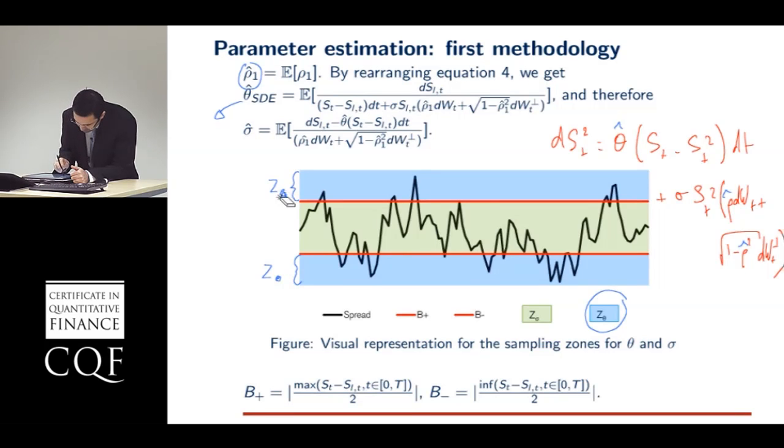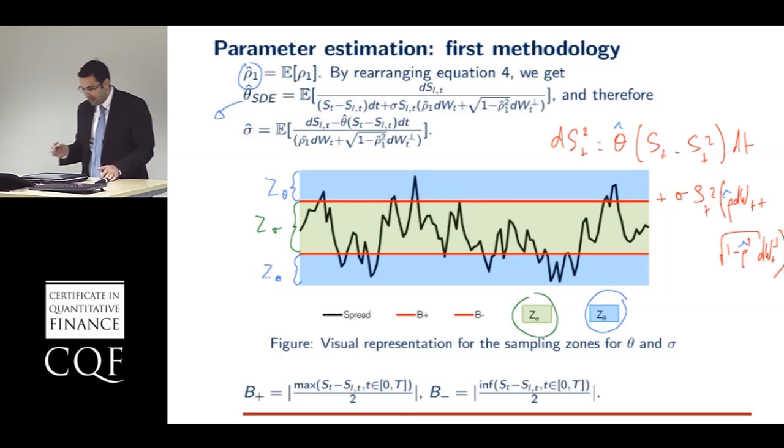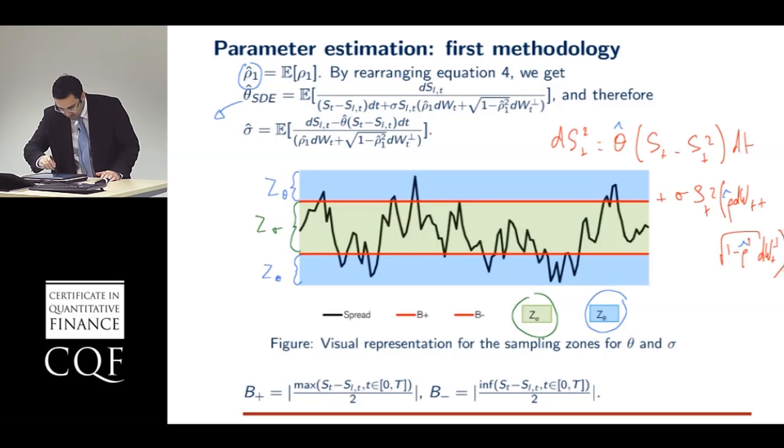So this is the zone in which you estimate theta. And the second zone here in green is where you estimate your volatility. Basically, the idea is that in these blue regions, in here, here, and here, these values are significantly different from each other, so that the deterministic side of the differential equation takes the ascendant over